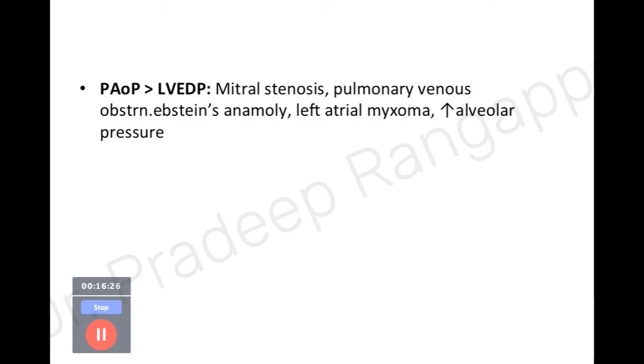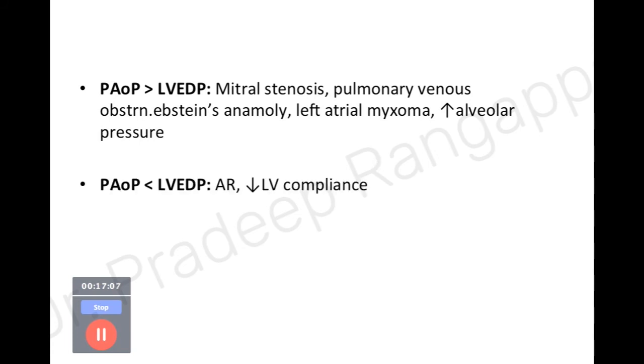There are certain situations where pulmonary artery occlusive pressure can be more than left ventricular end diastolic pressure. This you would see mainly in valvular lesions affecting the left side, which is your mitral stenosis, or pulmonary venous obstruction. Your occlusive pressure is reflected more when there is no free blood flow from the LA to the LV, which happens in mitral stenosis, or you have pulmonary venous obstruction, because then your pulmonary artery occlusive pressure is shown very high. The same applies in Ebstein's anomaly, left atrial pathologies, left atrial myxoma or increased valvular pressure.